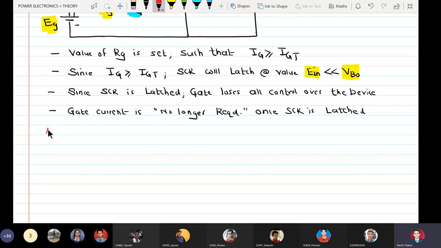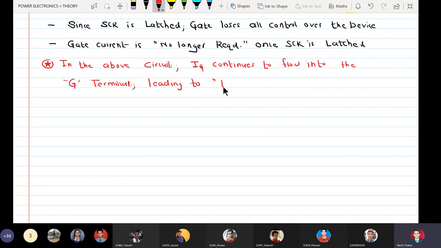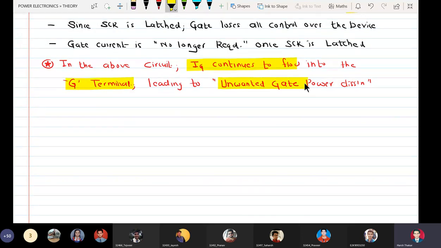So we can make a comment here that in the above circuit, Ig continues to flow into the gate terminal, leading to unwanted gate power dissipation. This is the drawback of the circuit.